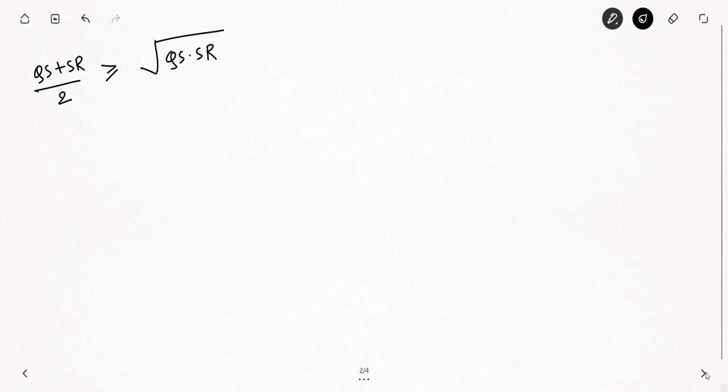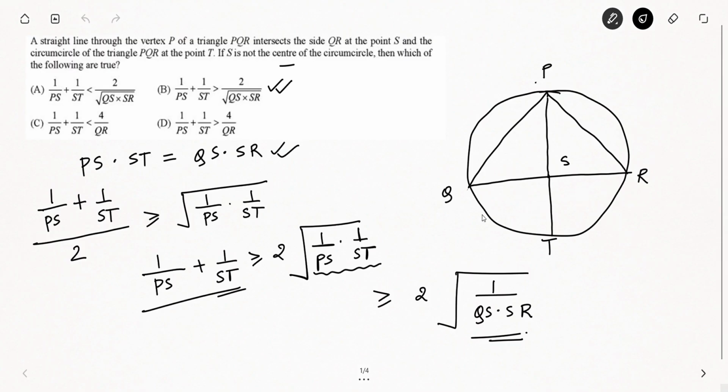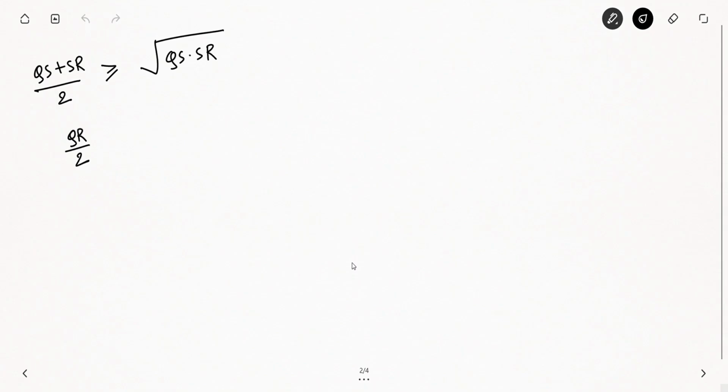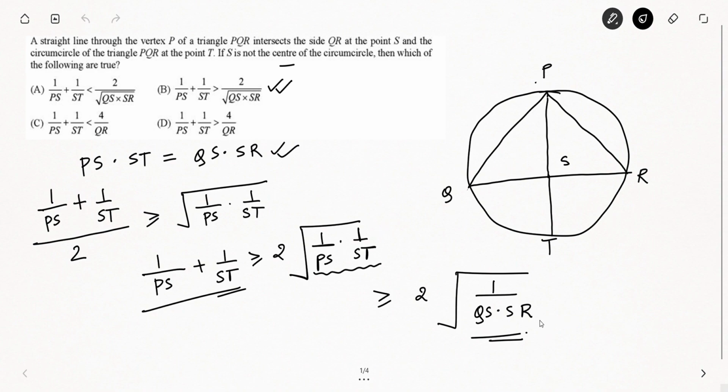What is QS plus SR? If I go into the previous diagram, you can see that QS plus SR is nothing but QR. So I'm writing that QS plus SR, which is QR, divided by 2 is greater than or equal to root under QS into SR. So replacing that term here, which term? This term. So I can write in place of QS into SR